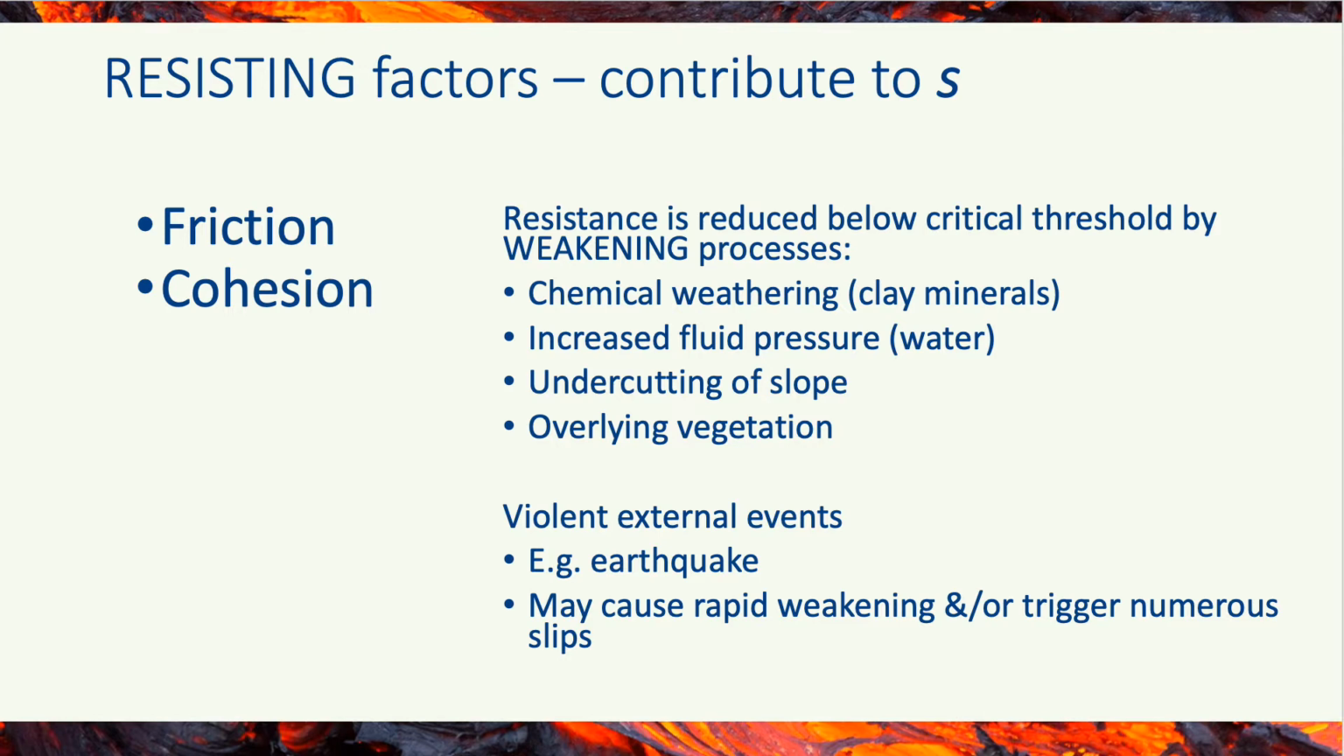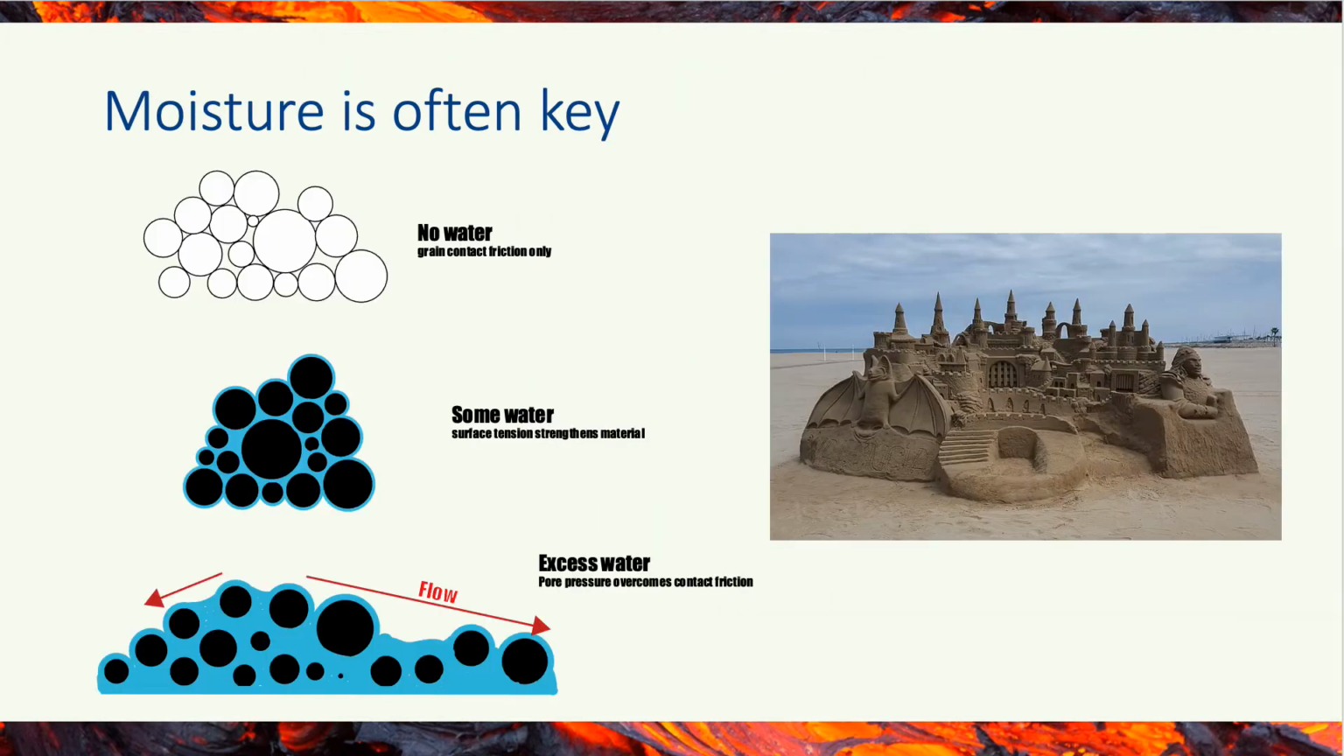We can also have external events like earthquakes, which can rapidly weaken or trigger failures in systems which were otherwise still stable. When we're talking about landslides, moisture is very often the key to whether a landslide happens or not. The conditions for a landslide will evolve over potentially decades, maybe even centuries or millennia, but the moment when a landslide occurs usually needs some kind of triggering factor. And this triggering factor is very